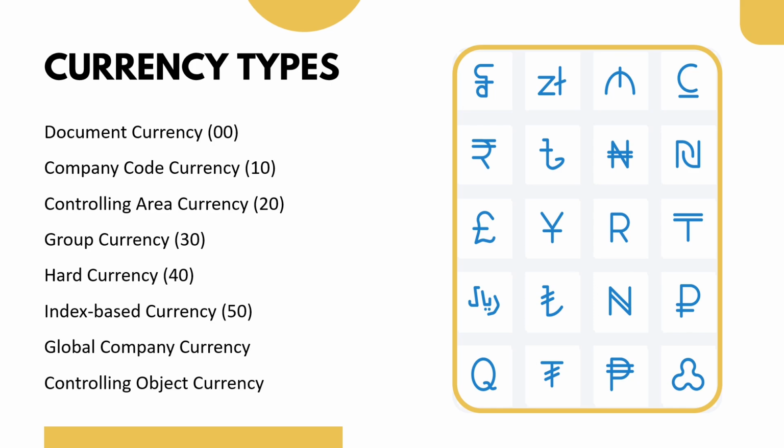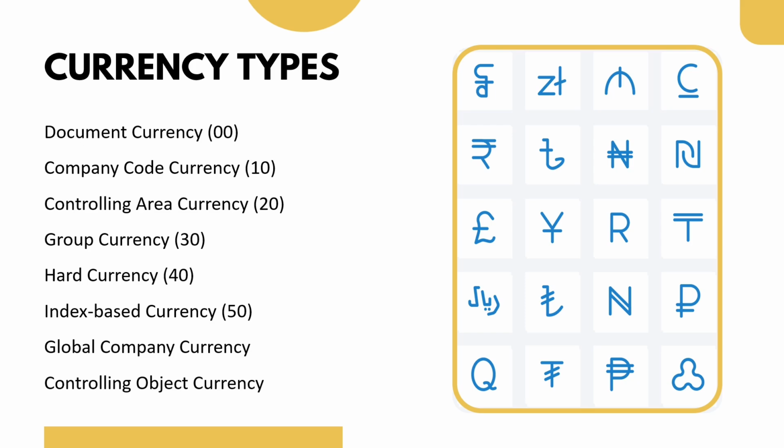Now, what is the purpose of a group currency? We said that group currency is something that is defined at a client level. The group currency is typically also the same as the controlling area currency. We usually define the group currency as the currency in which we want to do the group reporting. When I say group reporting, that means a reporting of all the company codes consolidated at a group company level or a headquarter level. So wherever the headquarters are located, that country's currency is typically created as a group currency,